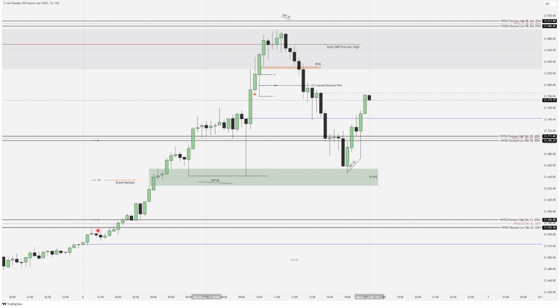Like I said, we then expand higher right from the midnight open, trade above an old new week opening gap from December 23rd, then came back down into it, utilizing it now as a discount array. So this always